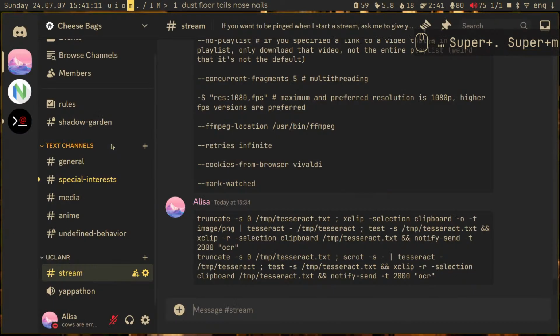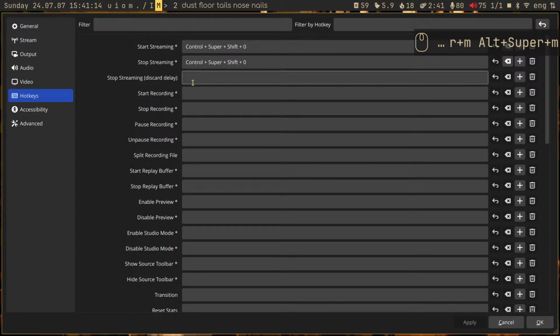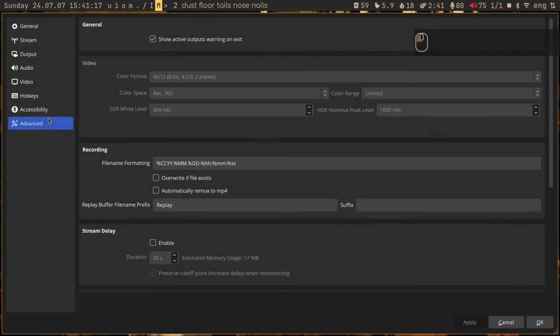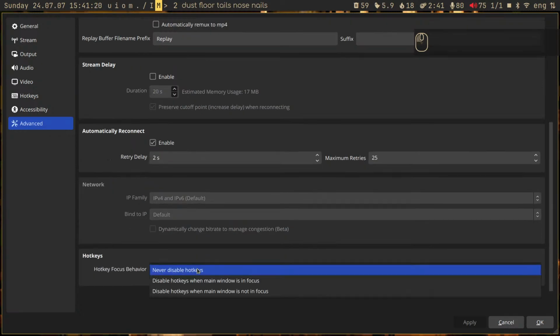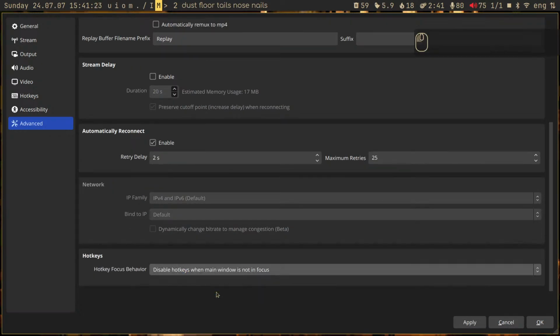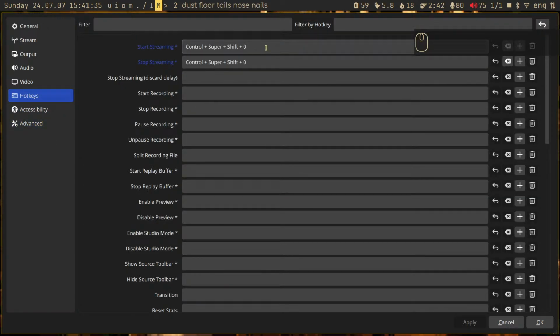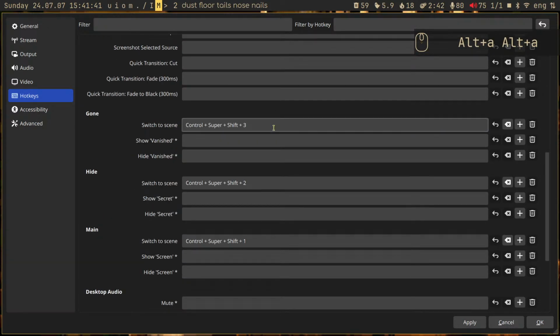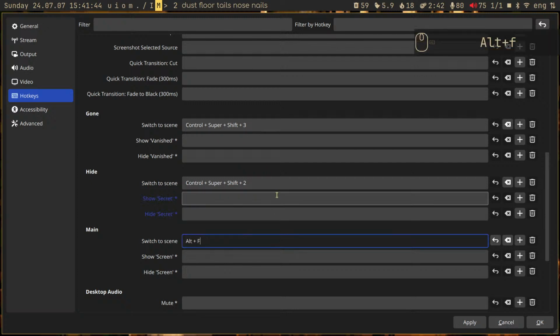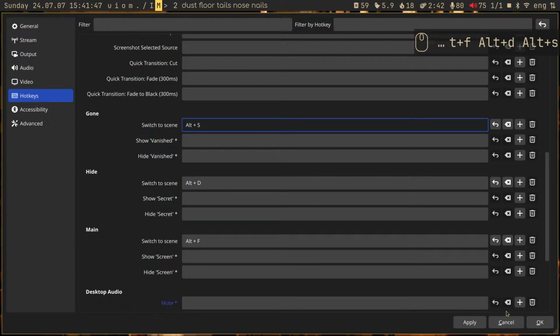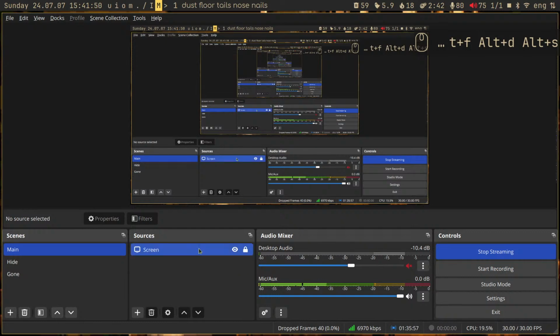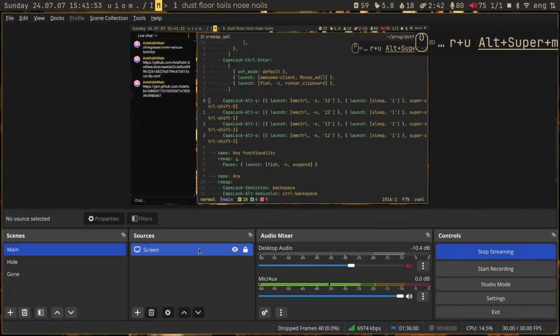Let's approach this differently. Let's make it so hotkeys only work when I have OBS focused. Let's change these to Alt-A, Alt-A. So main is going to be this, hide is this, gone is this. Apply, apply. So now the workflow will be, I move to OBS, I press Alt